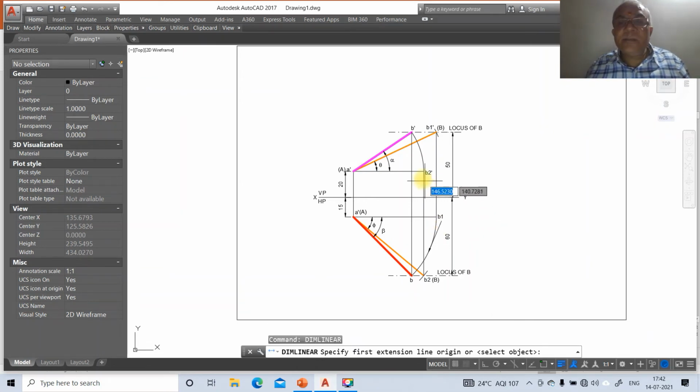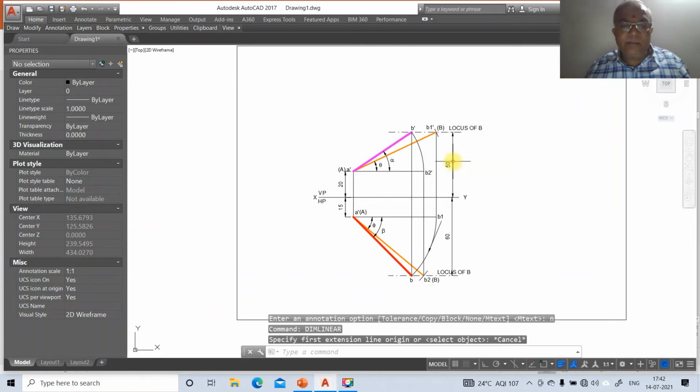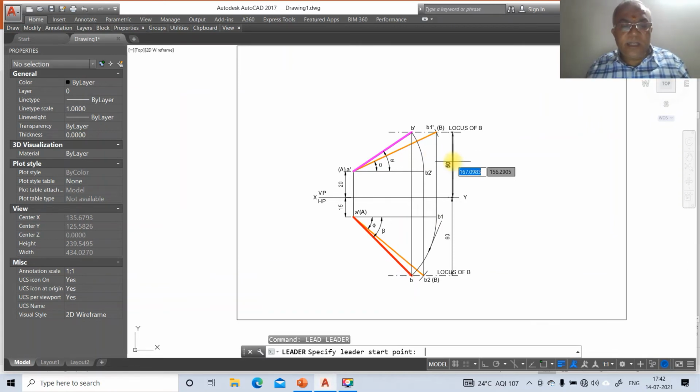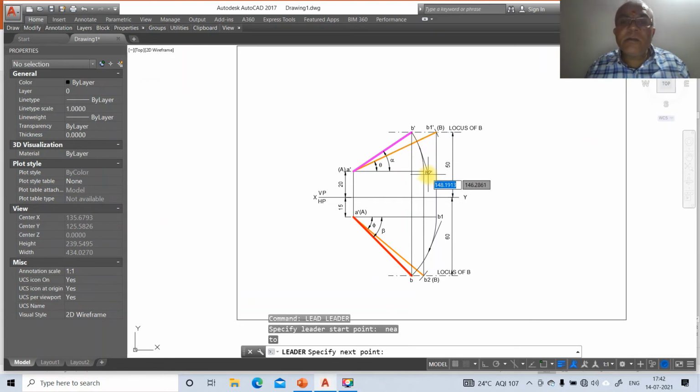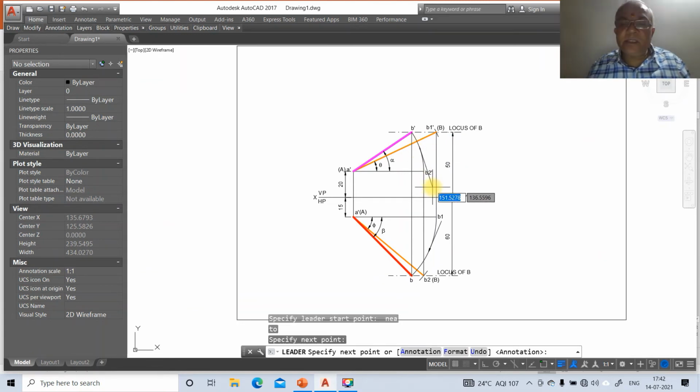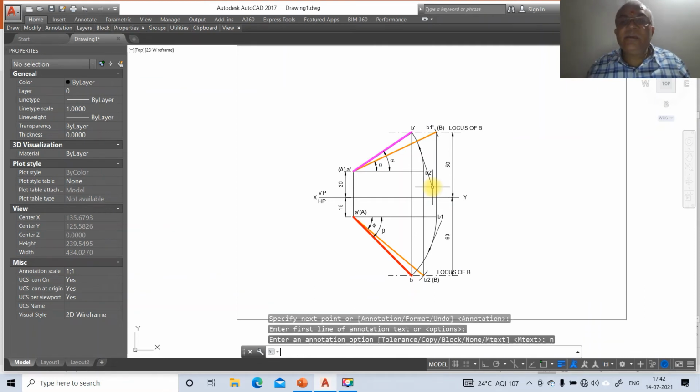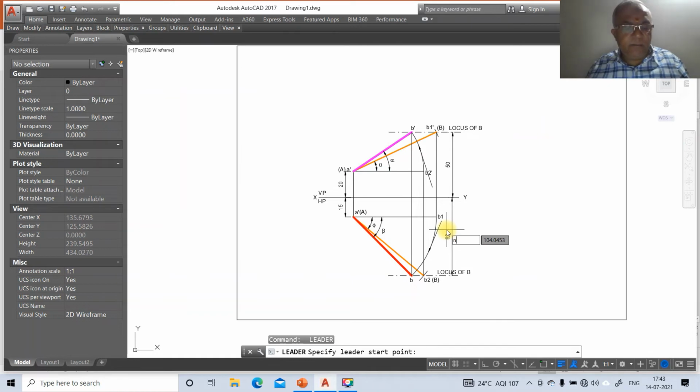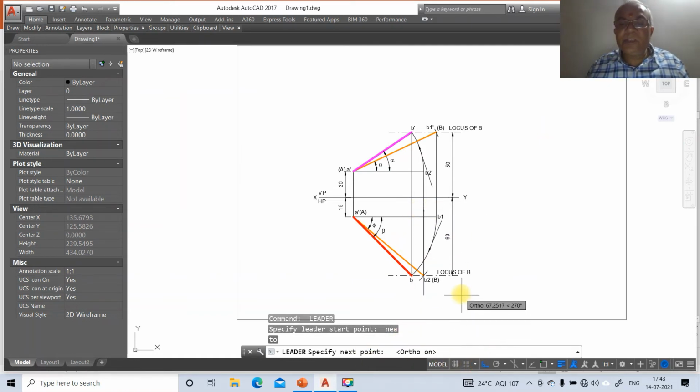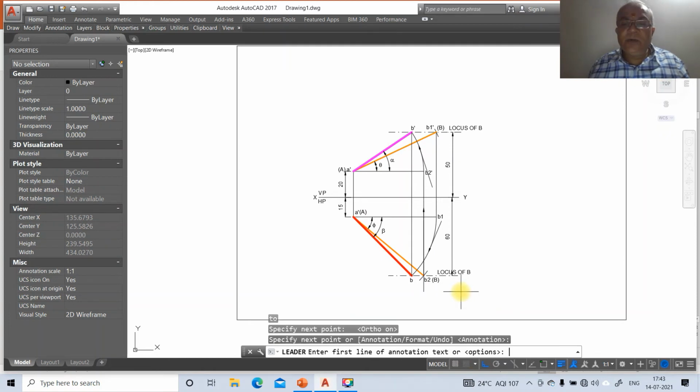Similarly, leader, nearest, select this, and you click this, annotation option none. Then go to leader, nearest, select this and switch on this annotation option none.